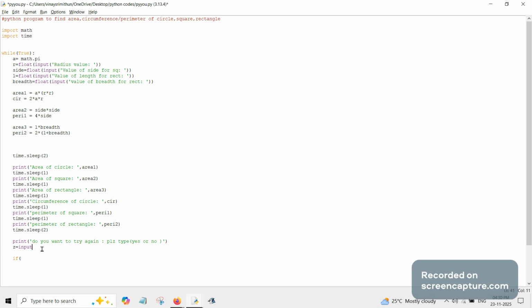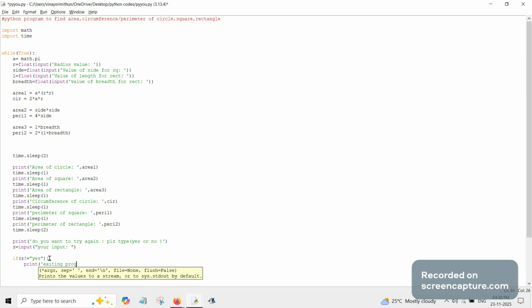Now you just take the input, your input, you should type here, input, and close. Okay, so if z equals to, if z equals to yes, then what you should write, then come back. So if it is not equal to, sorry, my bad, if it is not equal to, so not equal to is this symbol, equals to means if it is equal to, but not equals to is this, then print